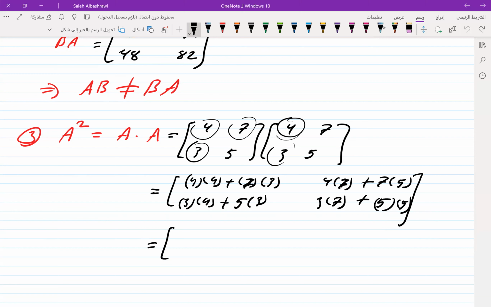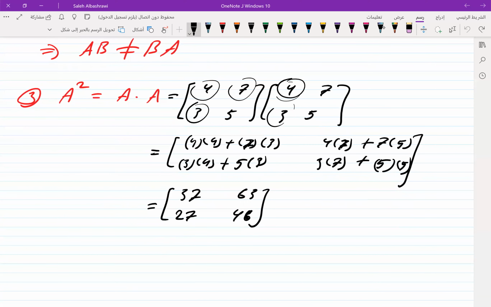16 plus 21 is 37. And we have 4 times 7 is 28 plus 35 is 63. 4 times 3 is 12 plus 15 is 27. And 3 times 7, 21 plus 25 equal to 46. So from this one, A square doesn't mean that we square every element of the matrix A. And we can see this is not equal to